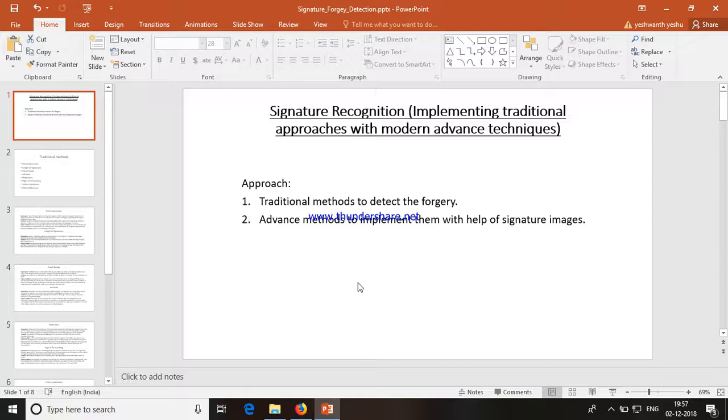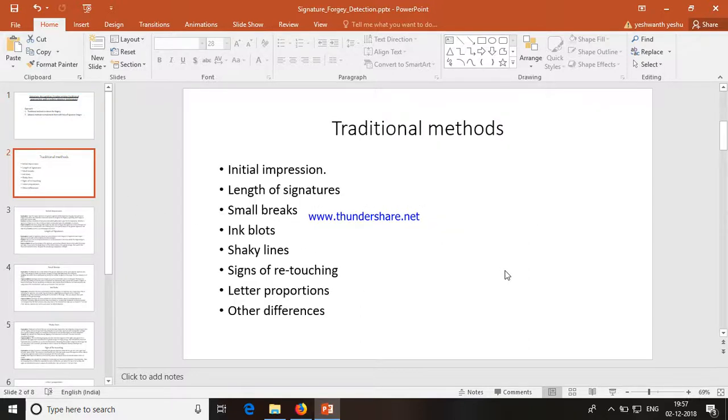So the first step is to build a model which recognizes the user to whom the signature belongs, and then we will implement all the traditional methodologies we follow in evaluating a forgery signature by using our